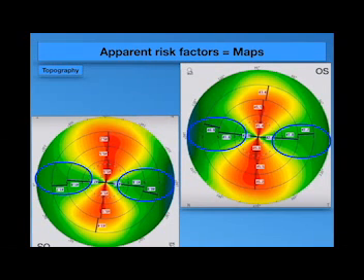What is the normal range for the steepest K? So the steepest K reading should be equal to or less than 48. If more than 48, you have to suspect this patient, especially if there's no pathology in the cornea